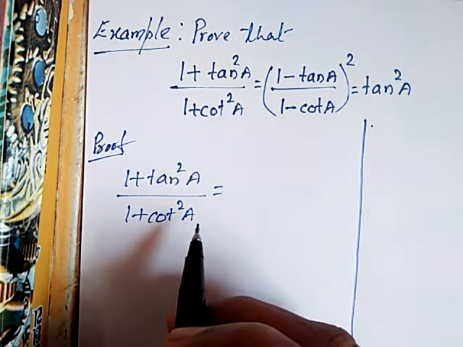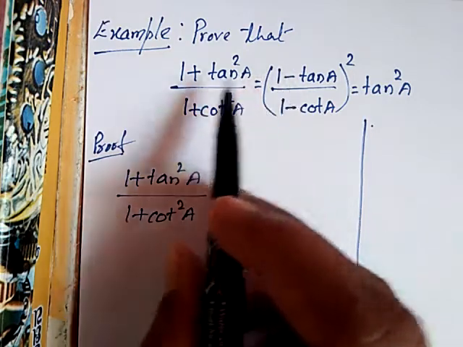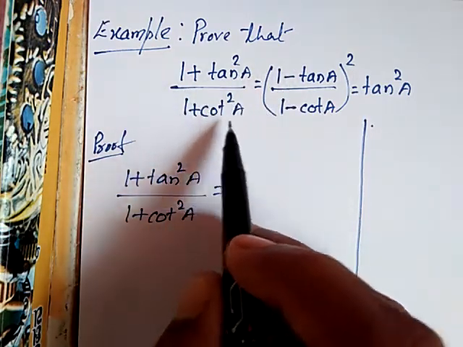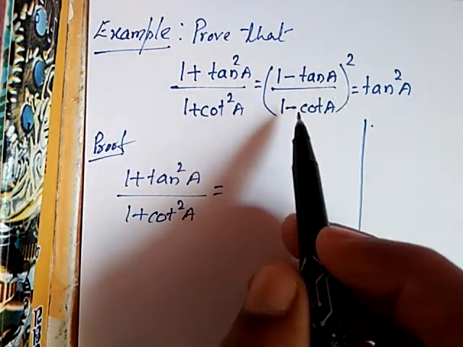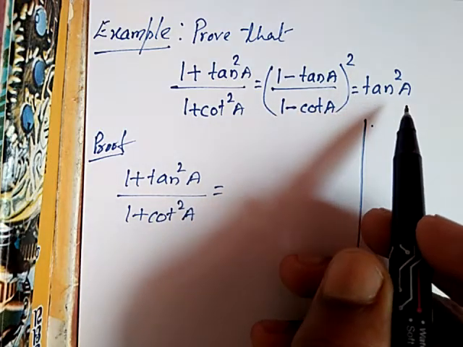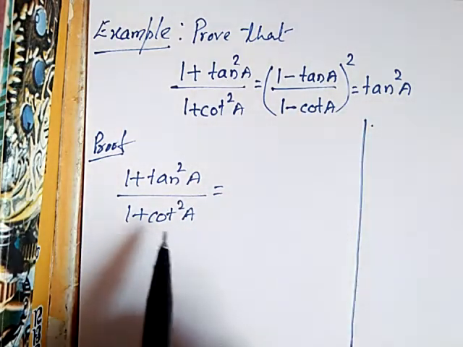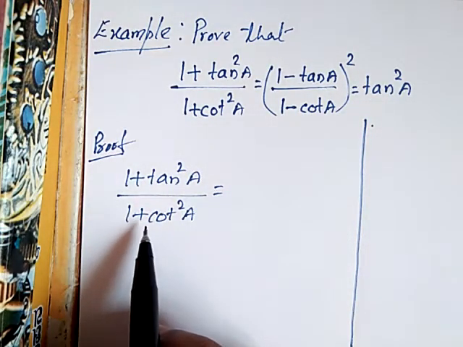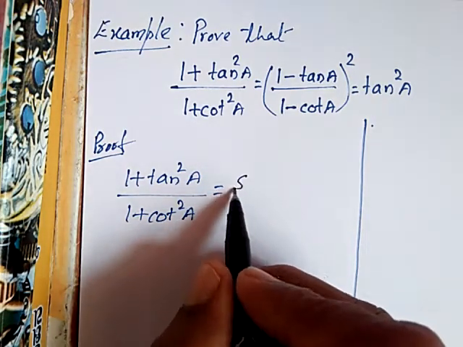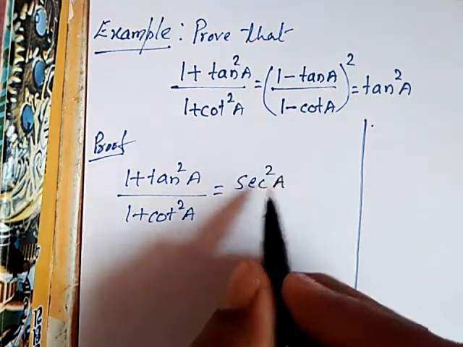Today we will learn this question. Example: prove that (1 plus tan square a divided by 1 plus cot square a) is equal to (1 minus tan a divided by 1 minus cot a) whole square, which is equal to tan square a. So in the proof, 1 plus tan square a divided by 1 plus cot square a can be written as secant square a divided by